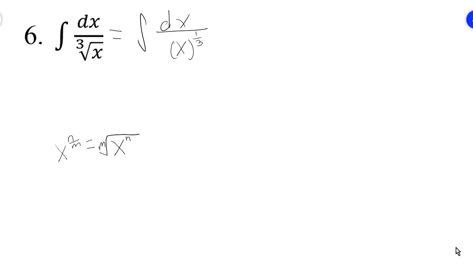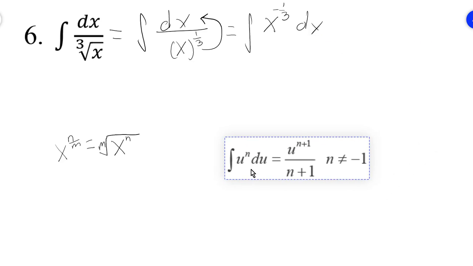And now, as we can see here, we can also use another rule that we can pass this term up here with the opposite sign. So in this case, it would be minus up here. So let's do that. So the exponent is going to change its sign. We're gonna get x to the minus 1/3 dx. And there we go. Does it look familiar? Of course it does. We can use now the power rule